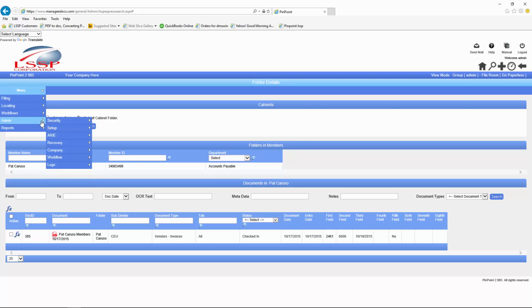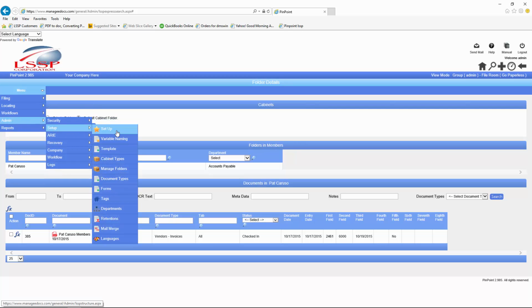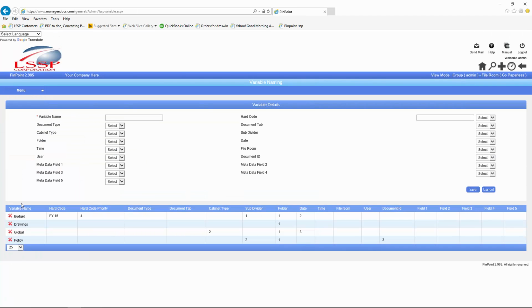Under administration, setup, you can do what we call global or variable naming. I could set up one just called global and use it for everything, but here's how it works. I'm going to call these, and again, I could use global and then the system will always be consistent, but I'm going to call these AP invoices. And in this case, I decide what fields I want. Metadata field 1 might be the amount or whatever. So maybe I want it to have